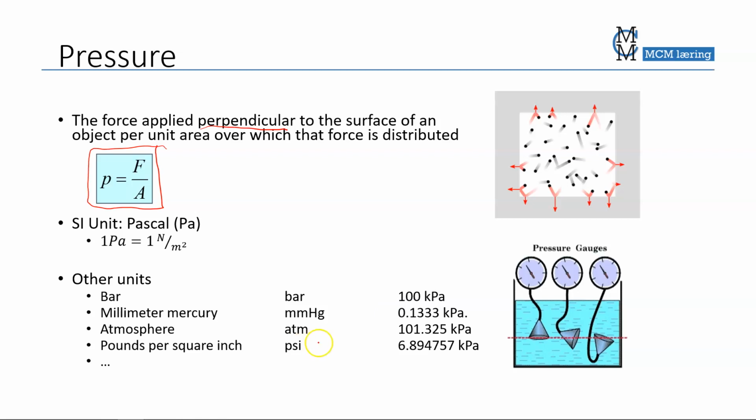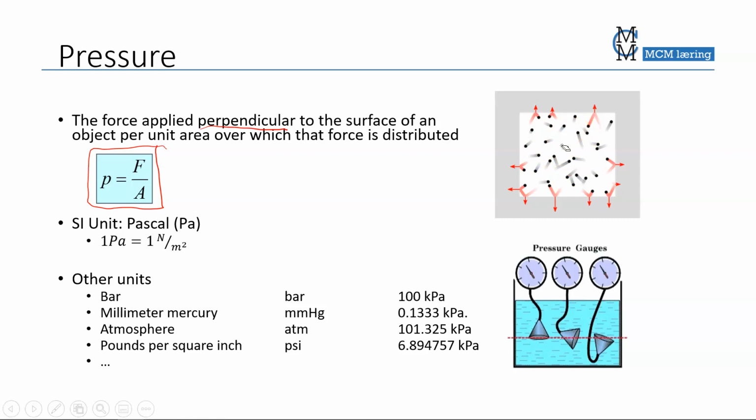meters. The American unit PSI, pounds per square inch, is very popular within the petroleum industry, since much of the engineering within the petroleum business comes from the United States, where PSI is the most common unit. As you see here, if you have a gas inside a container,